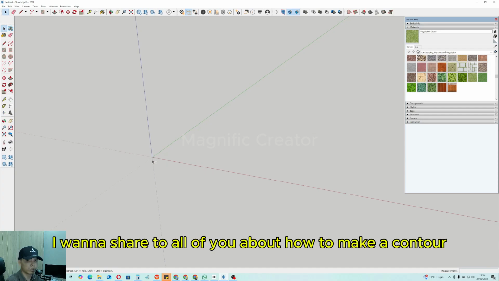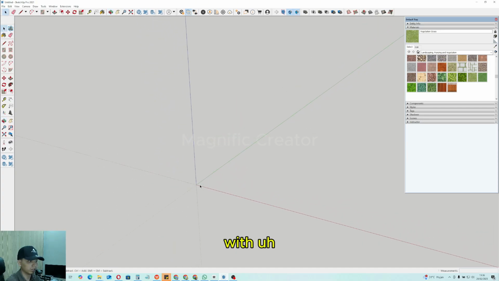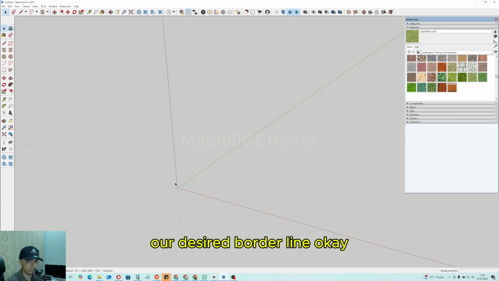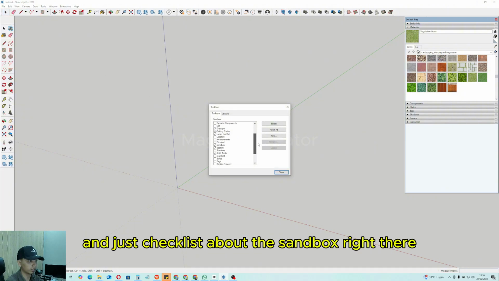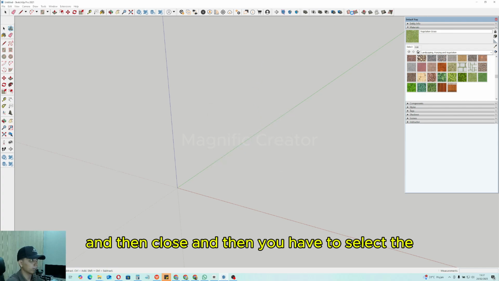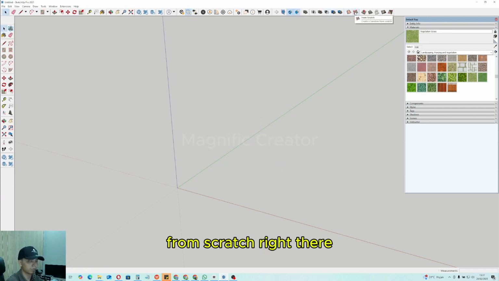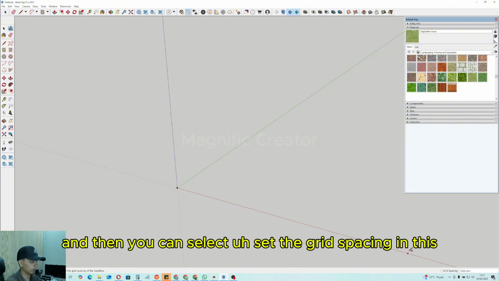Okay, everyone, I want to share with all of you how to make a contour with our desired borderline. First of all, you have to select the view toolbar and just check the sandbox right there, and then close. And then you have to select the From Scratch tool right there, and then you can select and set the grid